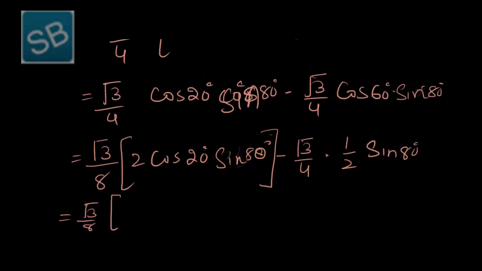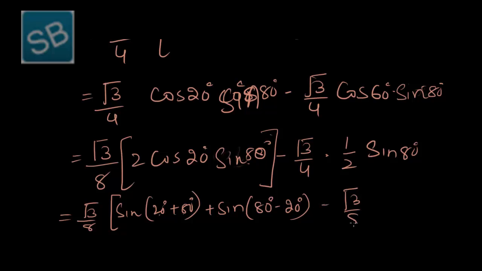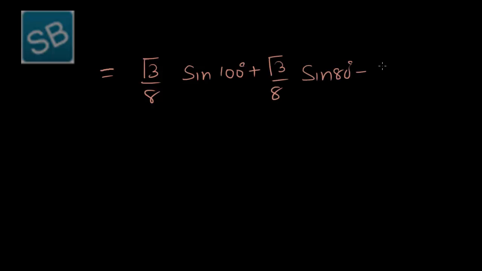So this is cos C sine D, so it becomes the sine formula, that is sine of A plus B, that is 20 plus 80, plus sine of 80 minus 20, that is sine of A minus B, minus root 3 over 8 sine 80 degree as it is. Now the next one is root 3 over 8 sine 100 degree plus root 3 over 8 sine 80 degree minus root 3 over 8 sine 80 degree. So these will be cancelled out and we will remain with